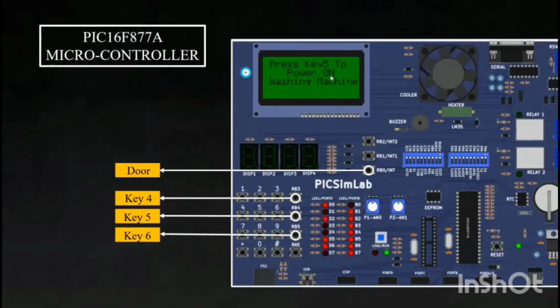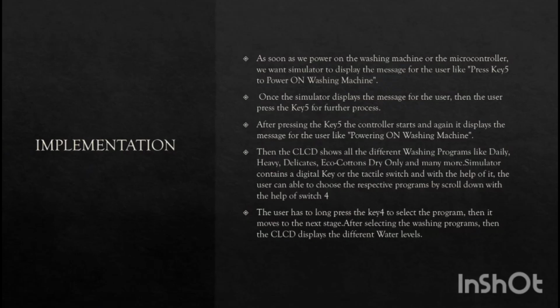This is a screenshot from the PICSimLab software where we have a door button here, a key 4 button here, key 5 button here and key 6 button here. The implementation of the washing machine is this: when we power on the washing machine or microcontroller, the simulator displays press key 5 to power on washing machine. As soon as we press key 5, it powers on the washing machine, and the CLCD shows all the washing programs like daily, heavy, delicates, eco cotton, dry only and many more options contained in the